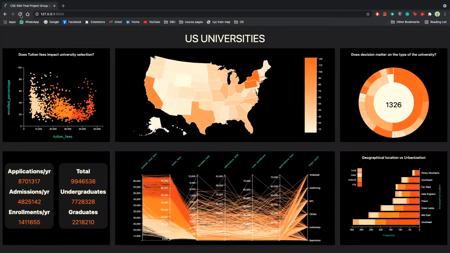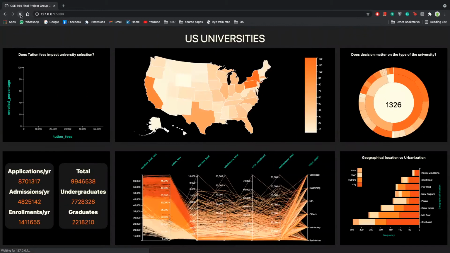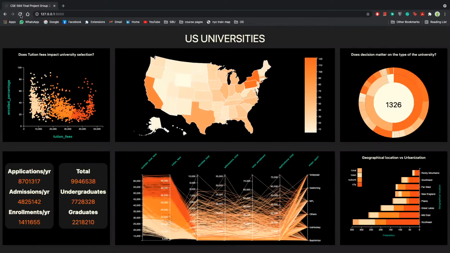So this is my one-page dashboard where I have all the things fitted onto a single screen. So this is the choropleth. It has all the states with the coloring as university count present in that state. So the coloring is based upon the number of universities present in the state. The dense color implies larger number of universities.